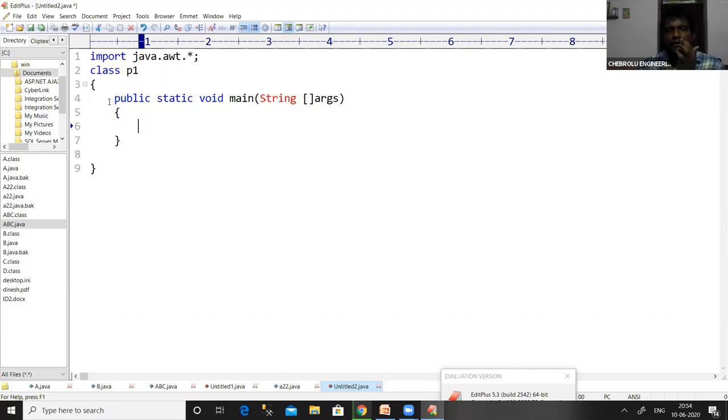So in the Gmail login page, we have three labels: Gmail, username, and password, and one text field and one password field. The first field is used to enter your mail ID, and the second field, that is the password field, is used to enter your password. In order to carry that data to the server, we have one login button. And in order to clear all the data we entered, we have one clear button. So let us create one Gmail login page.